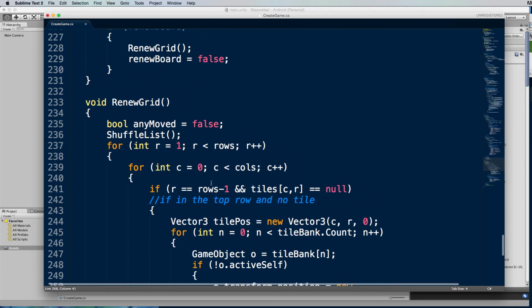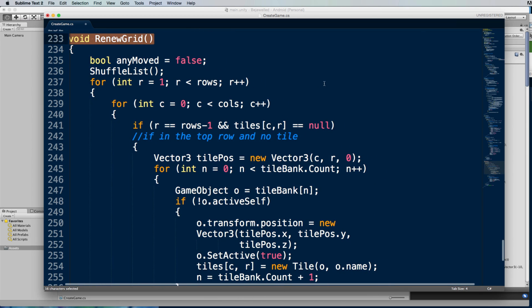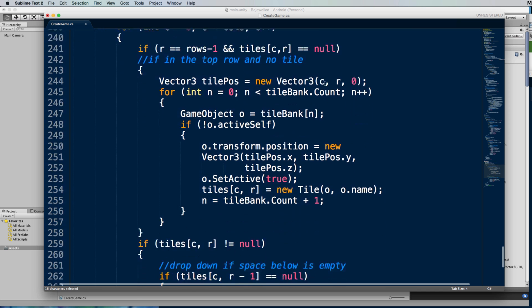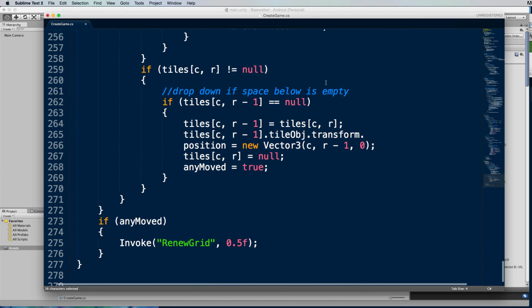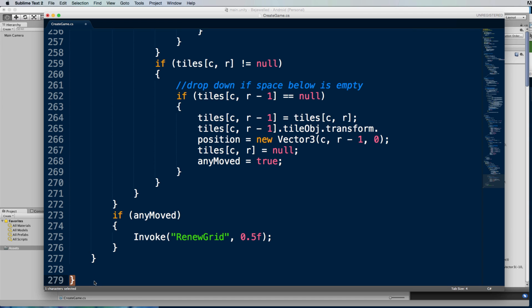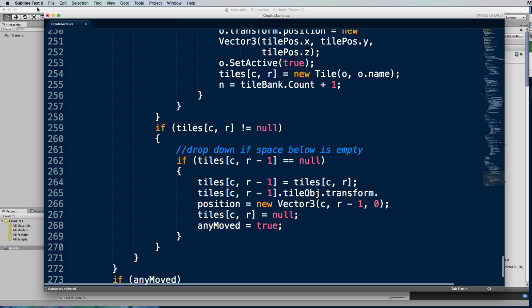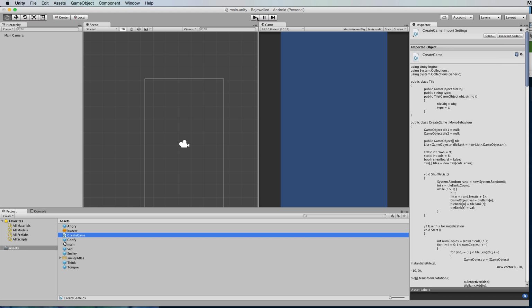Okay, so this is the last bracket in check grid. Then we add in renew grid function with this code in it. And this is the bottom of it. Okay. This bracket is the last bracket in renew grid. And this is the last bracket in our class. Very important to have all our brackets lined up. All right, so save that, come back into Unity. And then if we run it,